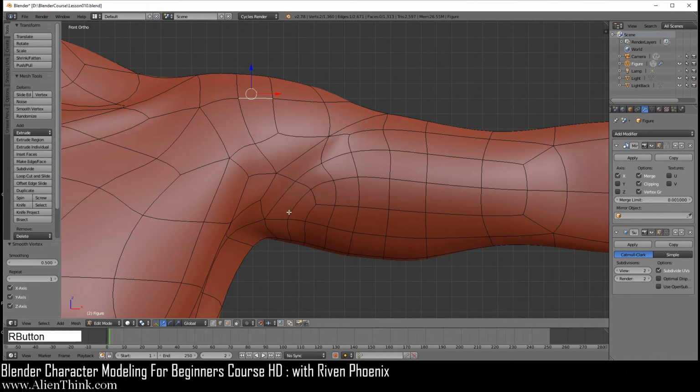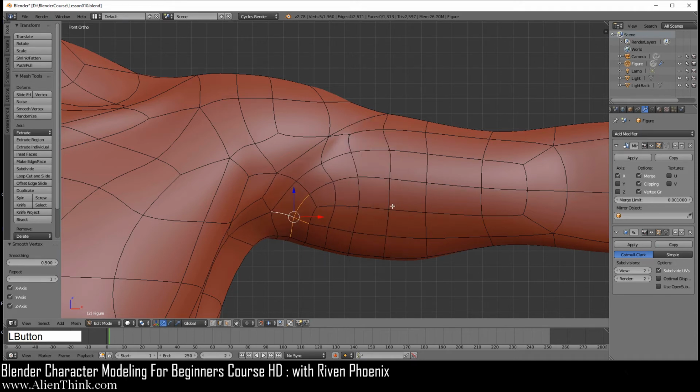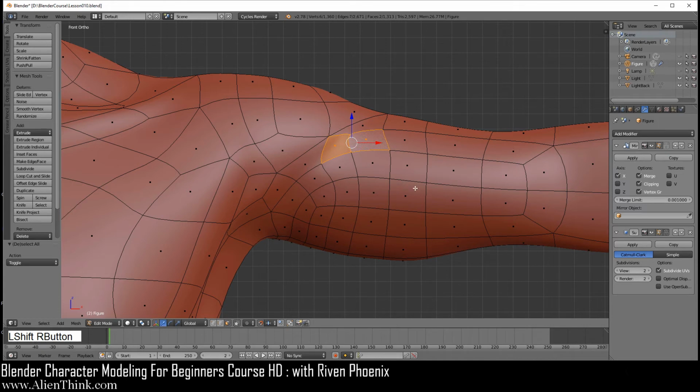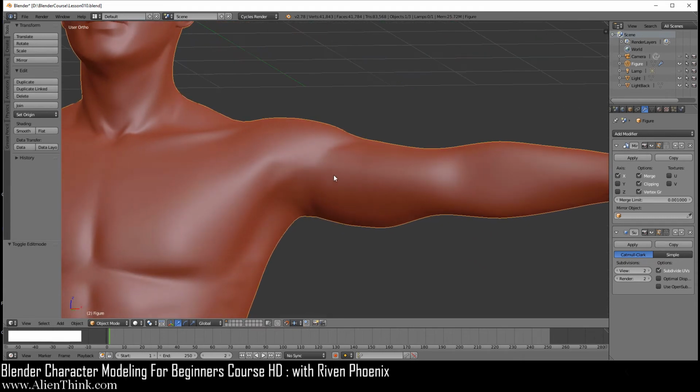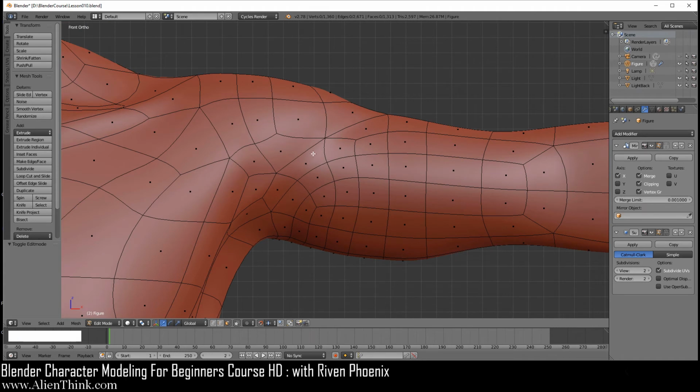Now we're going to click on this edge, shift key down this one, and this one, do smooth 3 times, 1, 2, and then 3 with the W key, A to D select. Okay, so now what we're going to do is click on the face select mode, click on this one and this one, do W smooth 1, 2, and 3 over here. Okay, so now if I do tab, you can see how we're now defining this area over here, the deltoid. So now what we can do is use that same technique that we already did.